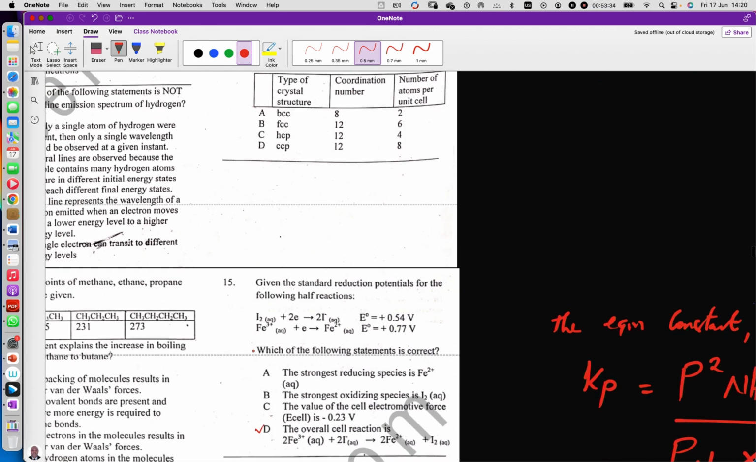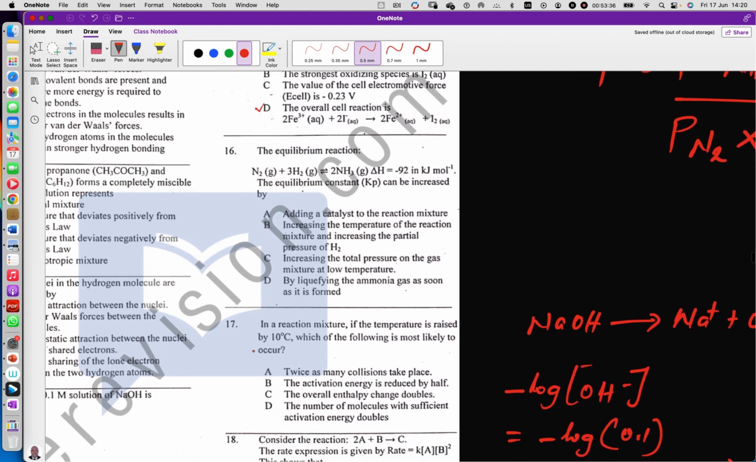Okay, let's proceed to number 16. Number 16 has to do with an equilibrium reaction. Nitrogen plus hydrogen is an equilibrium reaction that gives 2 moles of ammonia. The enthalpy change is minus 92 kilojoules per mole. The equilibrium constant Kp for the reaction can be increased by